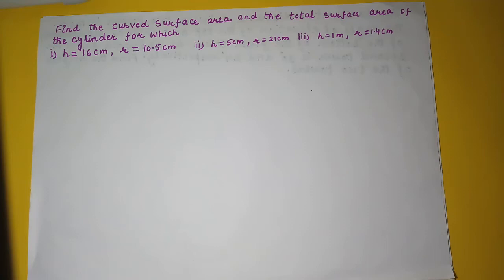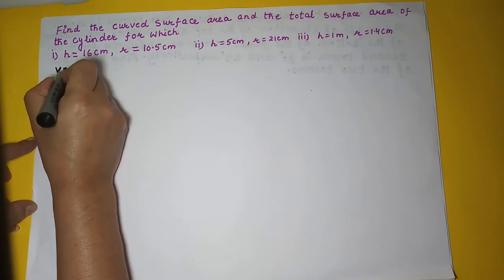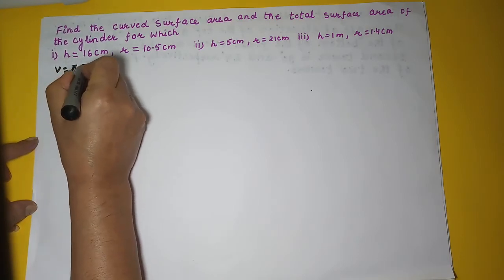In this video, we are going to solve the sums based on volumes and surface area of solids. So mainly we will first take in the first part the cylinder, how to calculate the volume and surface area of cylinder, both surface areas, curved surface area as well as total surface area. Now, by now we know that the volume of a cylinder is pi r square h.